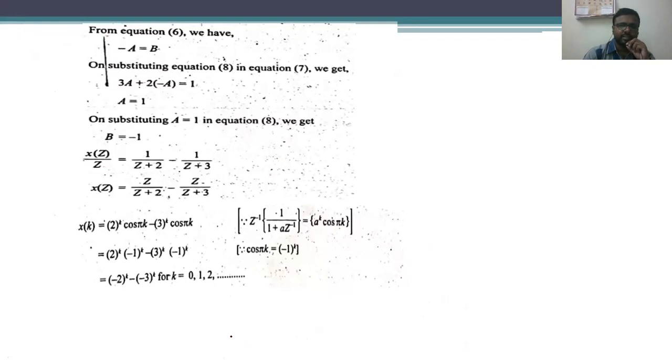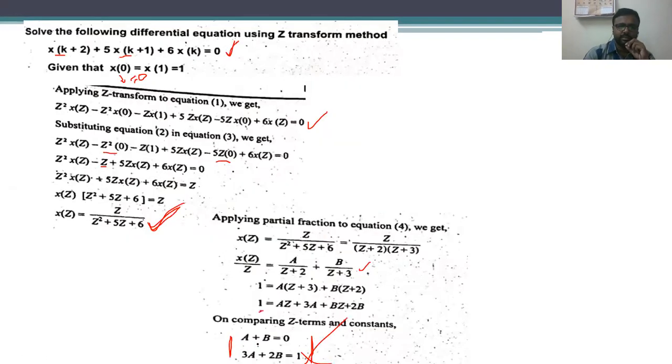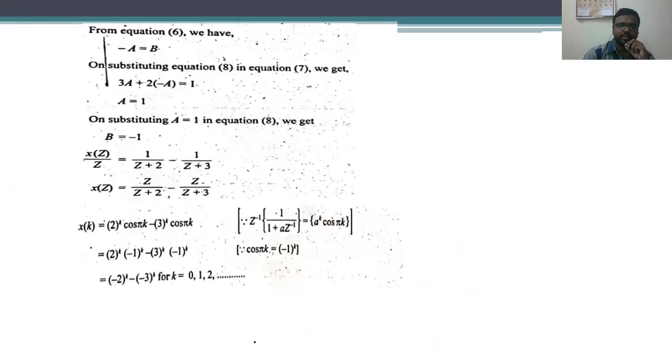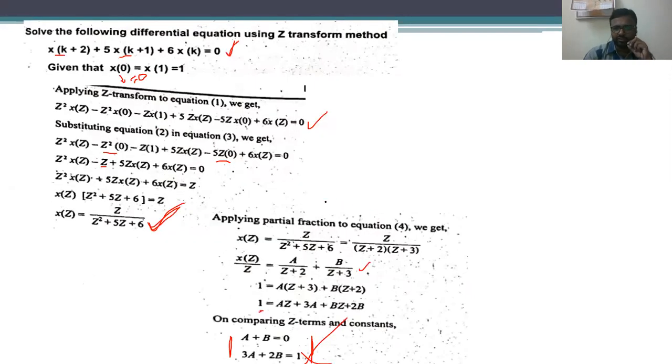From this equation we are going to get minus a. Subsequently, the b value is minus a. So just substituting that value in the constant comparison equation, we are going to get the value of a as 1 and the value of b as minus 2. Now substituting the values of a and b in this particular equation,